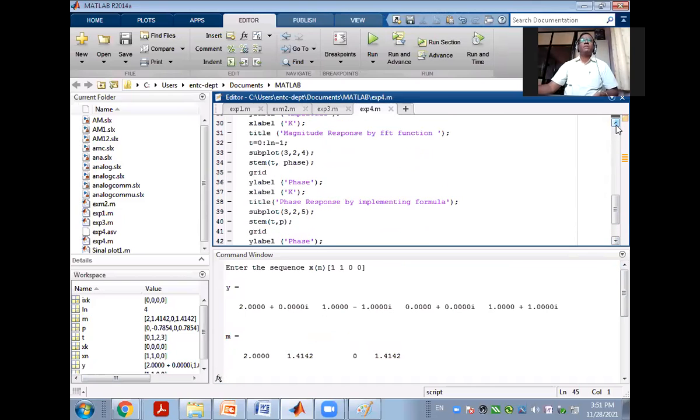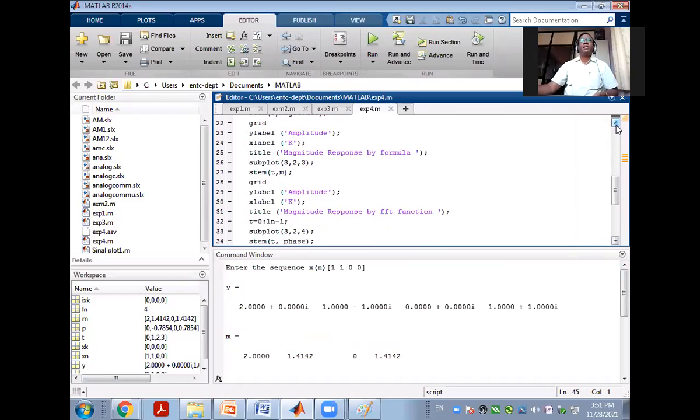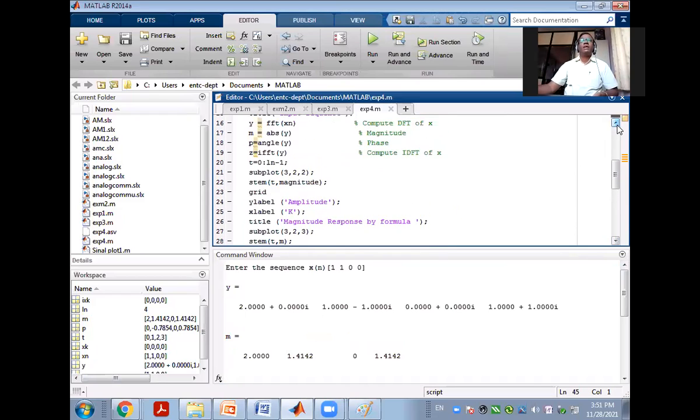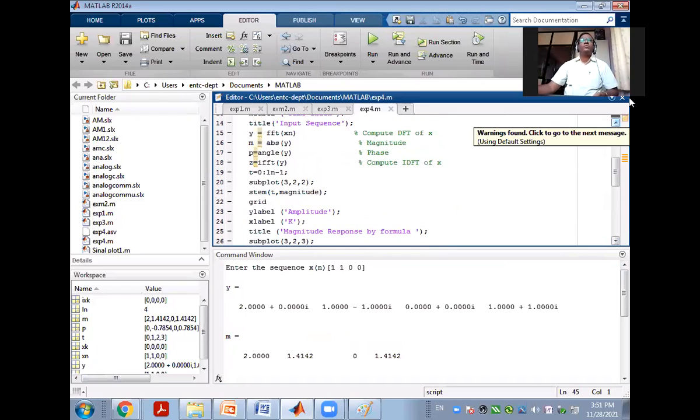तो यहाँ पे सिंपल वे, let me tell you. तो हम क्या करेंगे अभी. So this is subplot 322. What we have taken? T comma m. I will take this is T comma m. Simple. अगर यहाँ पे magnitude plot कर रहे हैं ना हम, T comma m we will take.